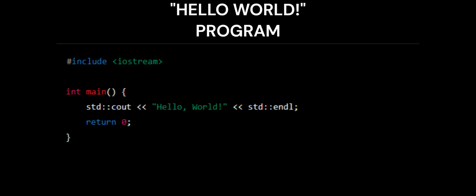The program starts by including the iostream library, which provides input and output operations necessary to print text to the console. The main function, which is the entry point of the program, is defined next. Inside the main function, the program uses the std::cout object to output the message hello world, and the std::endl manipulator,